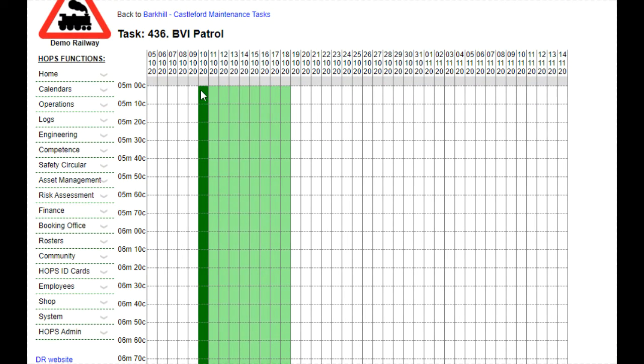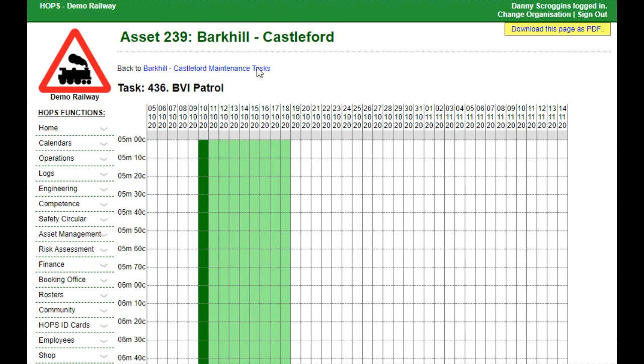But as we'll see in a minute, if I only did from 5 miles to 6 miles, it would only go down to 6 miles. And then 9 days of light green for how long that asset maintenance task was valid for. So because we did the whole lot in one go, it all expired on the 19th and we've had nothing since. If I go back to my asset,